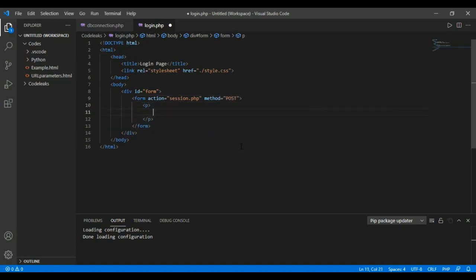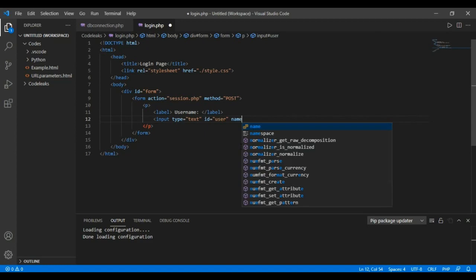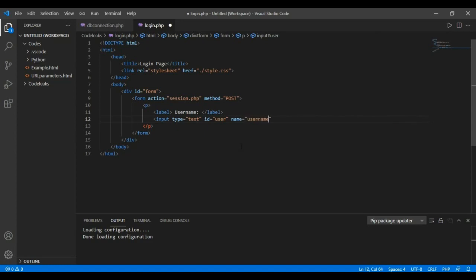The first label of the login form is username, and below the username we will have a field to enter the username. So the input type is text, and the ID will be user and the name is username.